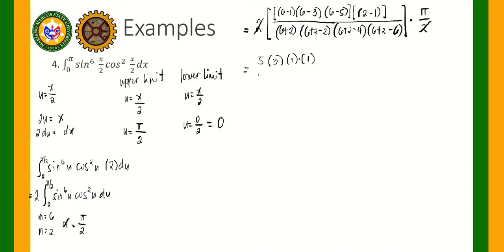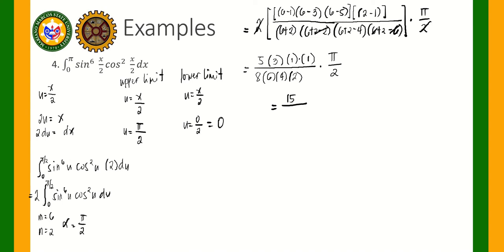Okay, to si 2 minus 1 all over 6 plus 2 is 8, 6 plus 2 minus 2, this will cancel, so that is equal to 6. 6 plus 2 minus 4 is equal to 4, and 6 plus 2 minus 6, of course, that will cancel, so you are left with 2, multiplied by pi over 2. And simplifying further, this is equal to 5 times 3 is 15, all over 8 times 6 times 4 times 2,